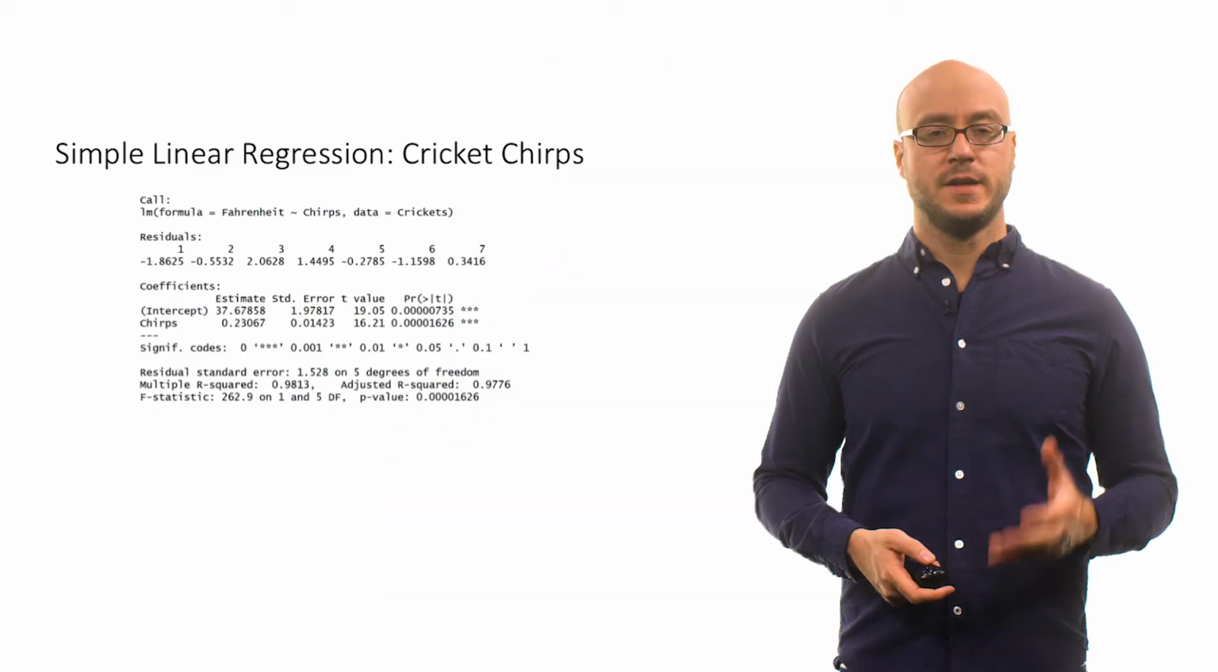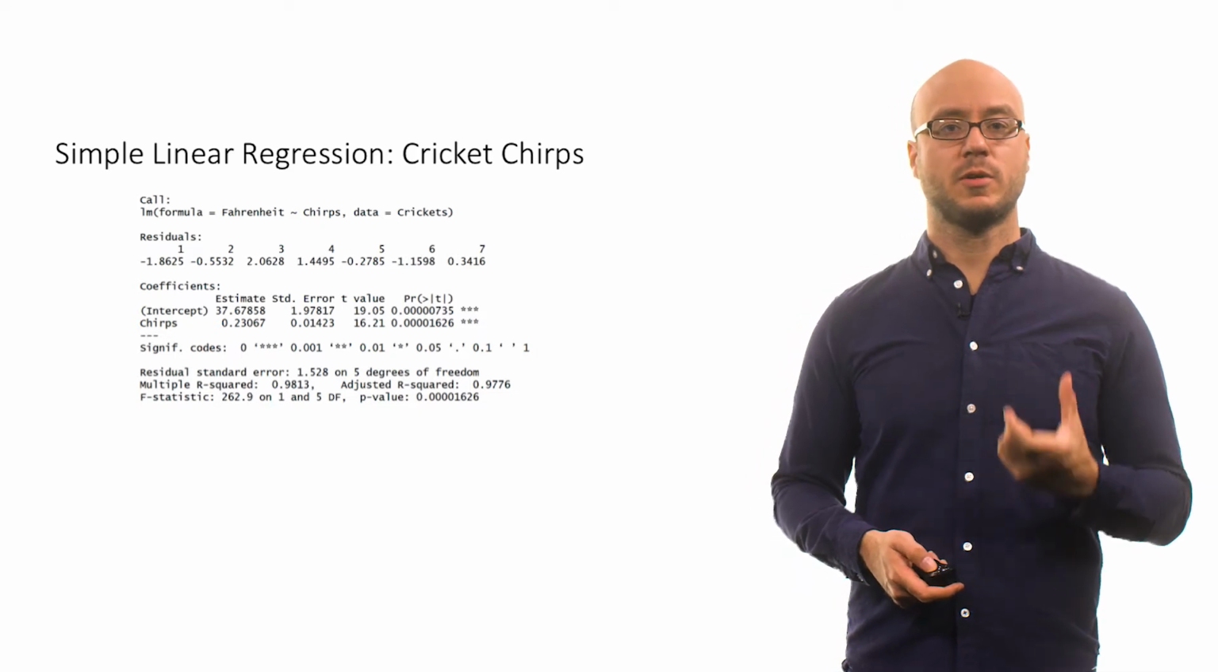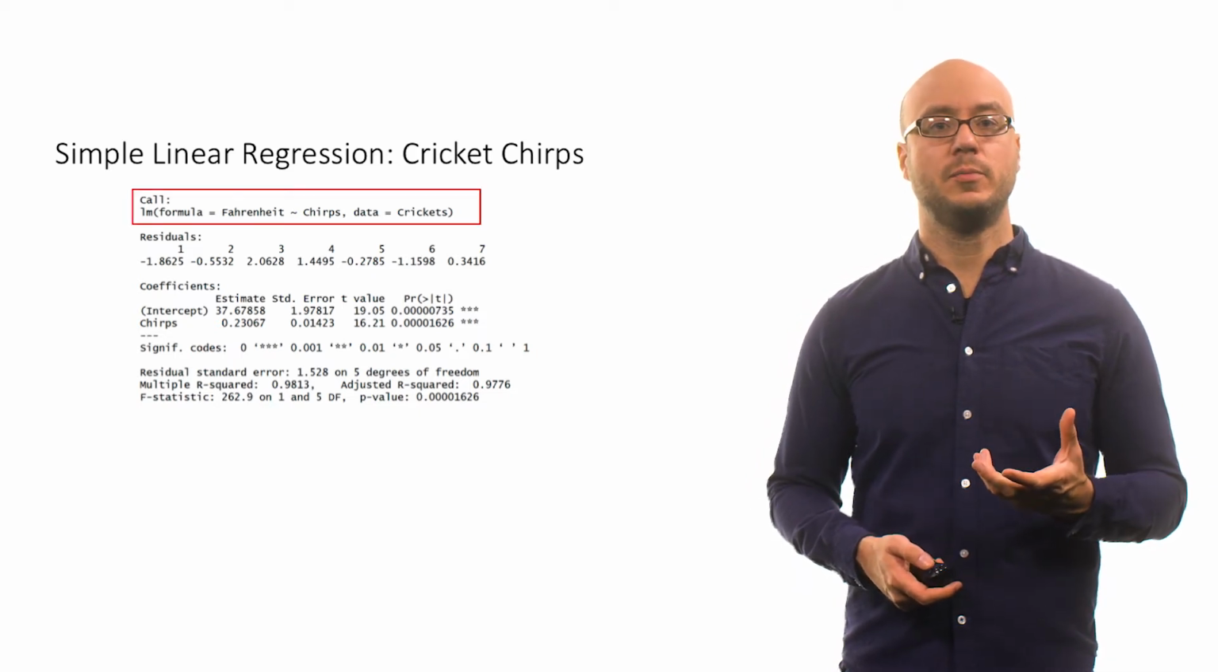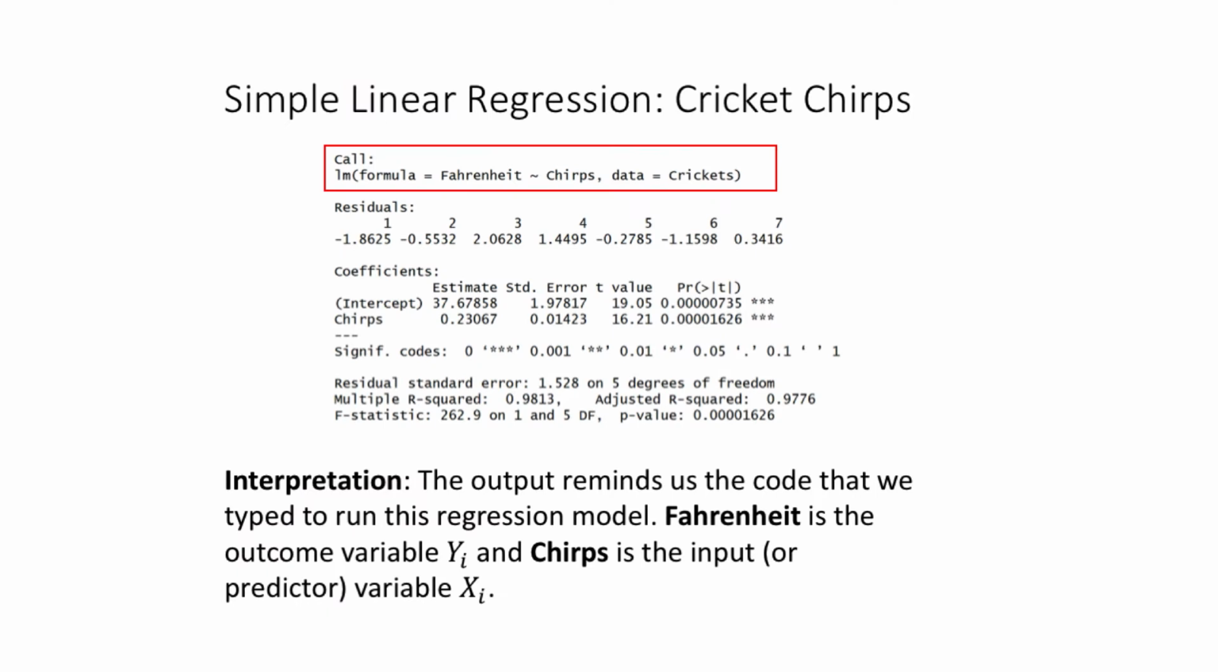Let's return to this example of the cricket chirps. This is a simple linear regression model. We can see we have a lot of output here. You can see at the top here, the statistical software reminds us of the code that we typed in to run this regression model. This is always good to double check to make sure that you have your outcome and input or predictor variable